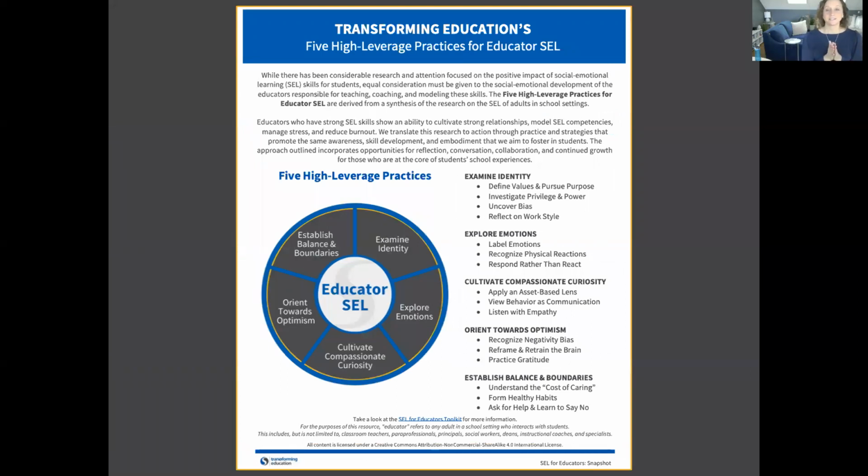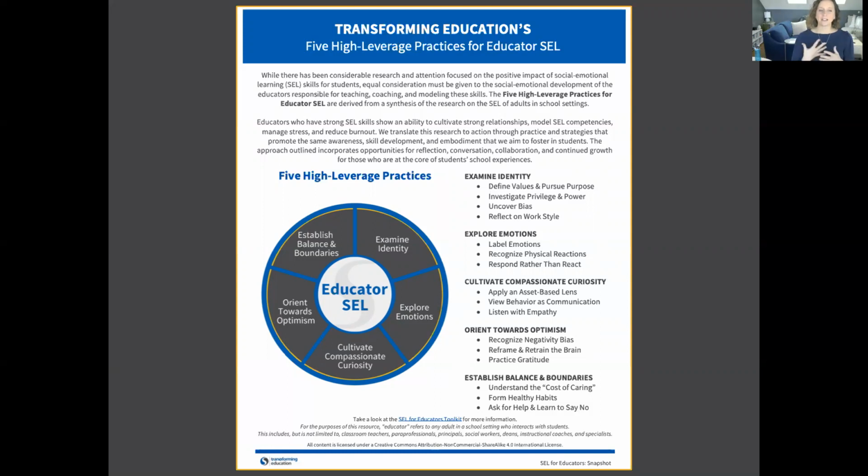And that, my friends, is the 6th of 6 mini modules focused on SEL for educators. So here we have our snapshot, which is included in the toolkit, which gives you the high-level overview of our 5 high-leverage practices. So as a reminder, we covered examining identity, exploring emotions, cultivating compassionate curiosity, orienting towards optimism, and establishing balance and boundaries.